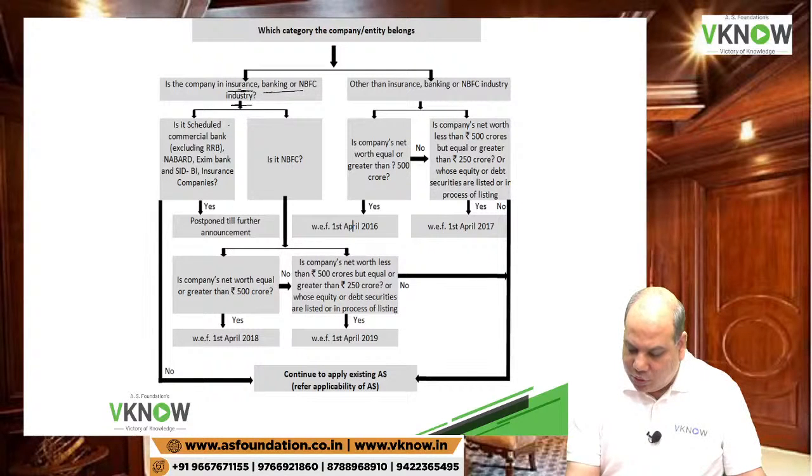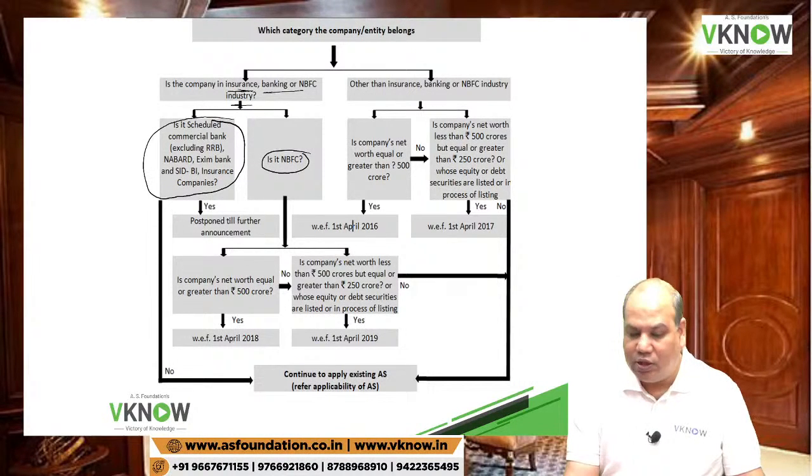Then under that also we will divide into two, bank and insurance on one side, NBFC on other side. So if it is a scheduled bank, excluding regional rural bank, NABARD, Exim Bank, SIDBI, insurance. If the answer is yes, these are banks and insurance companies,